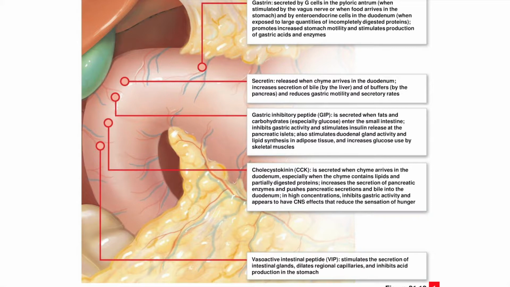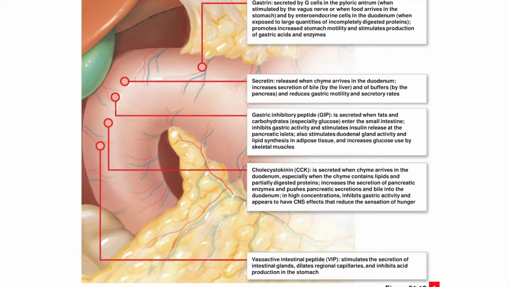Next we have cholecystokinin, or CCK for short. This is secreted when chyme arrives in the duodenum. It increases the secretion and the release of pancreatic enzymes and inhibits gastric activity. It also reduces hunger. So this gets the small intestines ready to do their job, and we think it helps